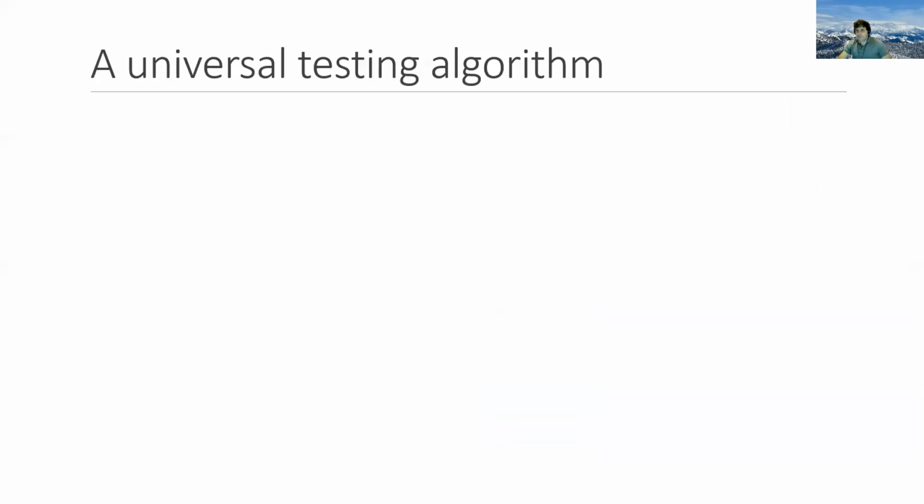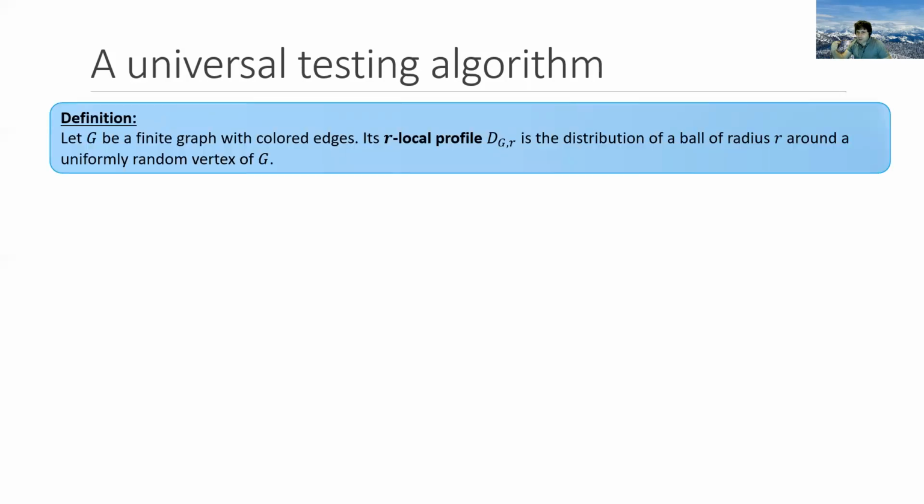Now, the proof of these positive and negative results goes through the notion of a universal testing algorithm. The way to prove these results is we first show that a certain algorithm that I will now describe can test any testable system of relations. And then to reason about whether a certain system is testable, we only need to determine whether this universal algorithm manages to test it. To describe the universal algorithm, we need to define what is the local profile of a